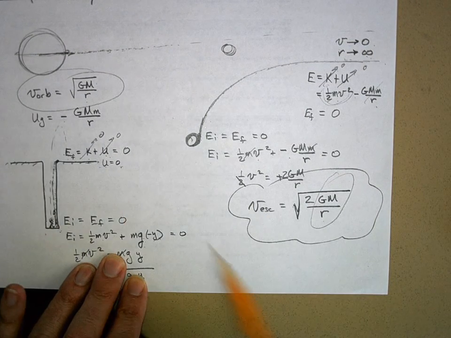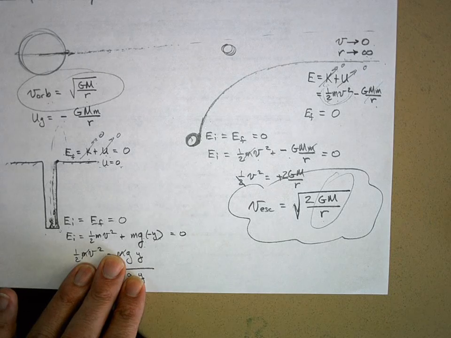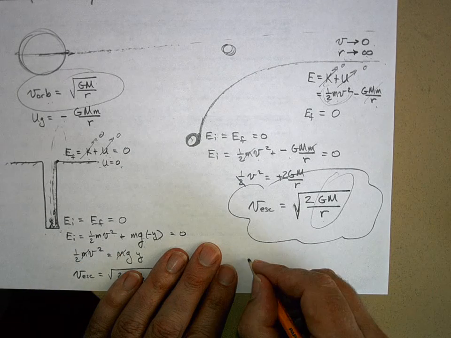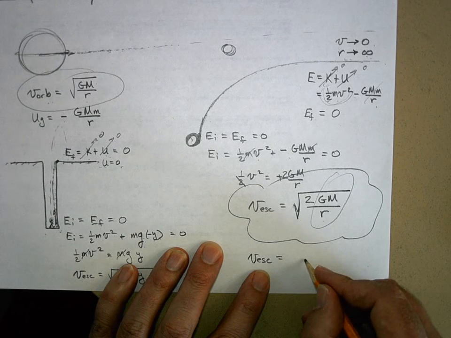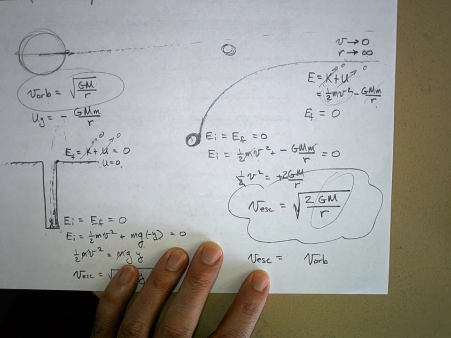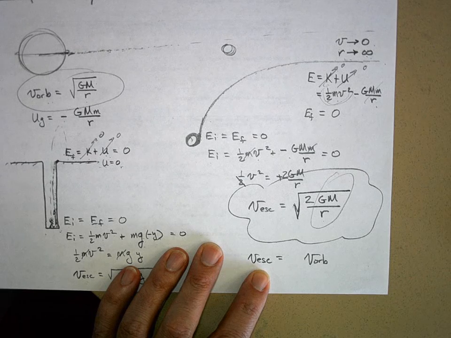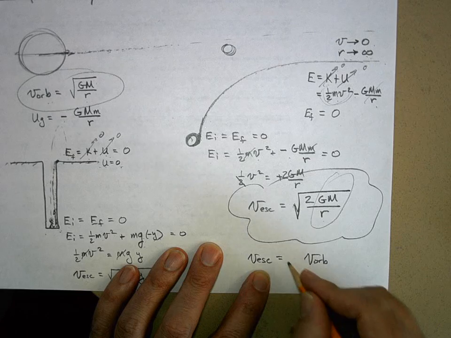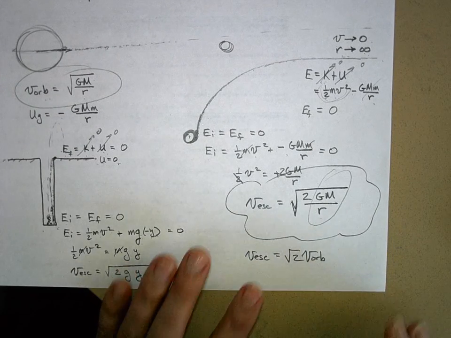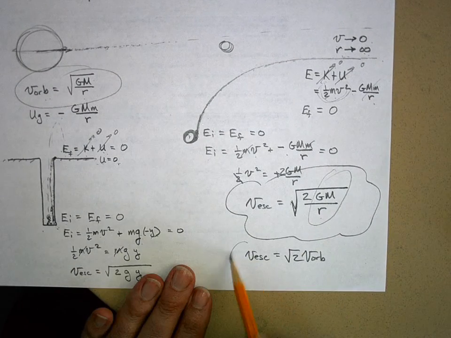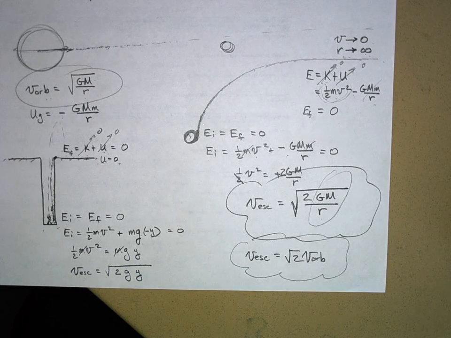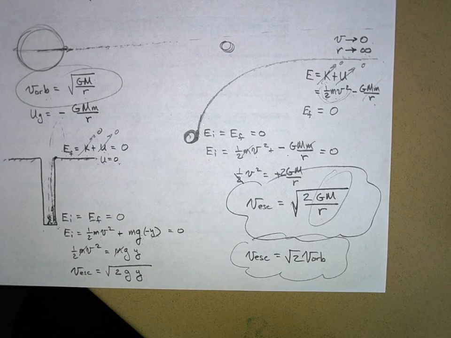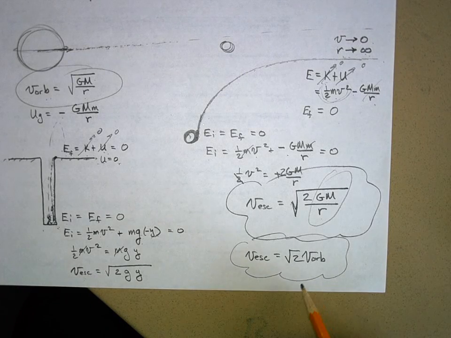So we can express the escape velocity equation in terms of the orbital velocity. The escape velocity is equal to what? Times the orbital velocity. Think. Look at it carefully. Square root of 2. It's the square root of 2 times the orbital velocity. What a cool universe we have. The escape velocity from the planet is equal to the square root of 2 times the orbital velocity. Isn't that amazing?